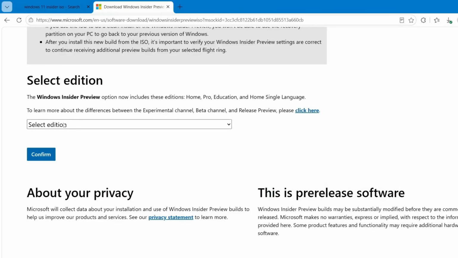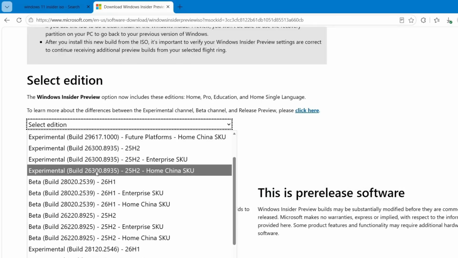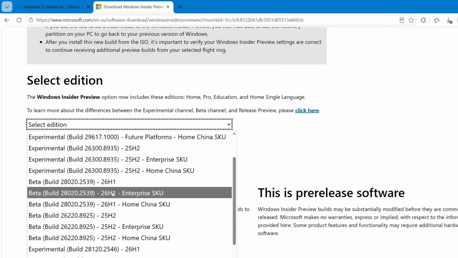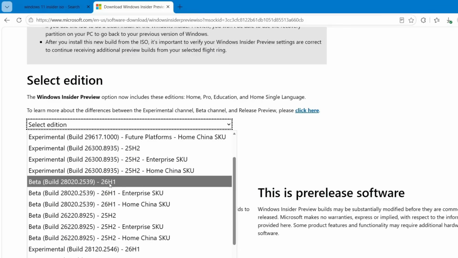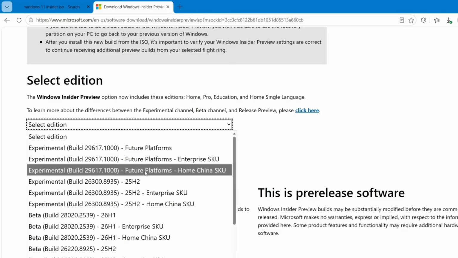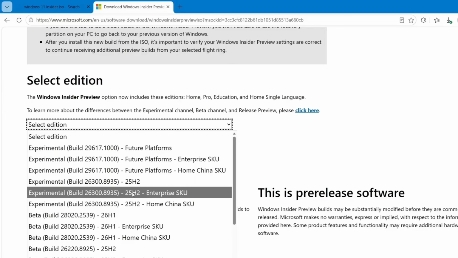Now, here's something that can be a little confusing. You won't see an option named Windows 11 26H2 ISO. Instead, Microsoft currently provides it under the Experimental Build section. Select the Experimental Build 25H2 option, the one listed at the top. Even though the name still says 25H2, this is actually the latest Windows 11 26H2 experimental build that Microsoft is using for early testing. After selecting it, you can continue generating the download link and download the ISO directly from